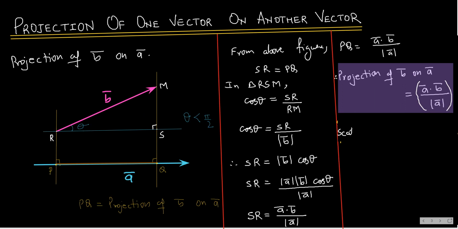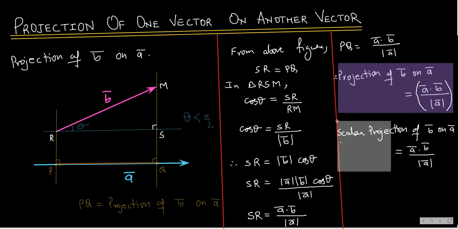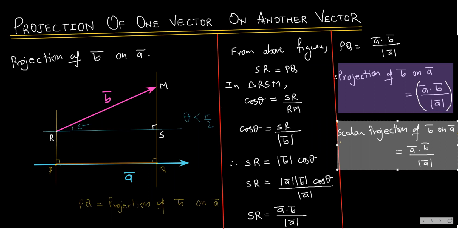You can write therefore scalar projection. This is also known as scalar projection of B bar on A bar equals, the formula would be the same. So why am I writing this? Because sometimes they mention scalar projection. Remember, if they say scalar projection, it is nothing but projection of B bar on A bar, because that is nothing but a number. Now, when I call it a scalar projection, does that mean we do have something like vector projection? Yes, that is also true. We do have a vector projection.